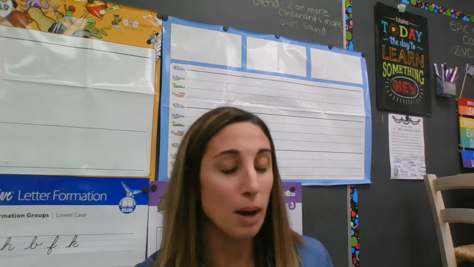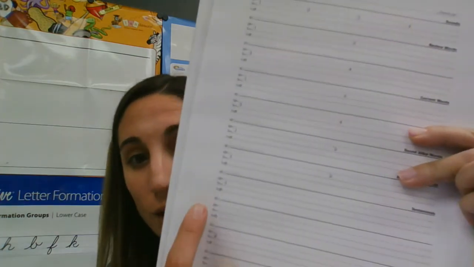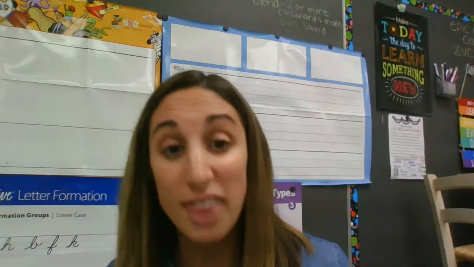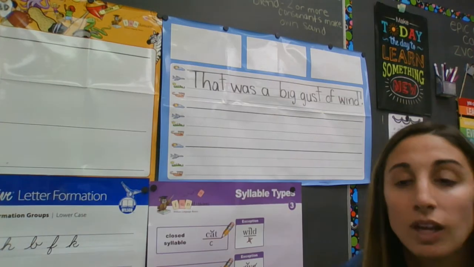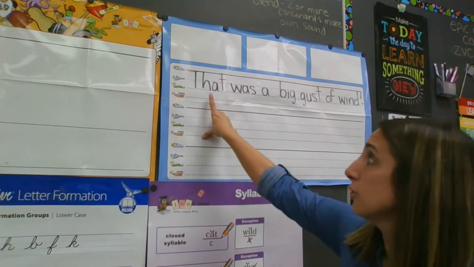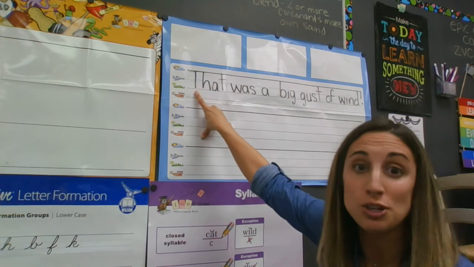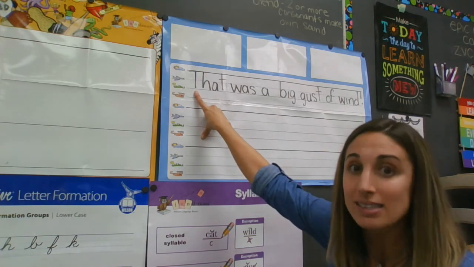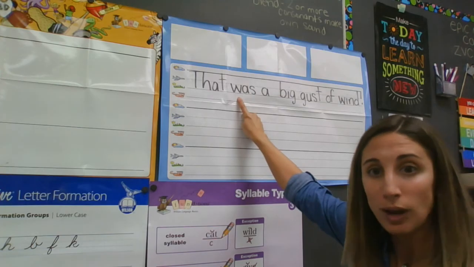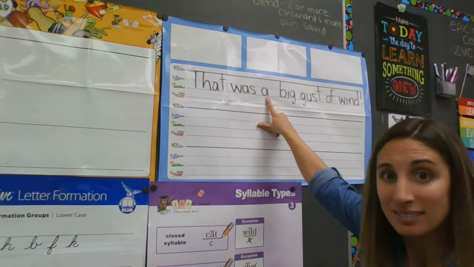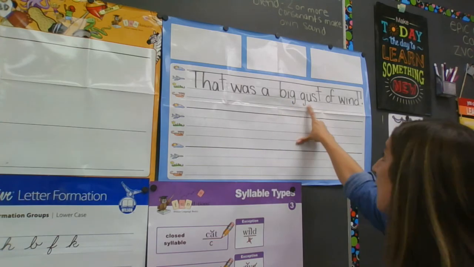So if you're in your composition book, you should be down here now where it says sentences, writing next to this number 1. That was a big gust of wind. Go ahead. Okay, here's the sentence. Let's check your first word. Touch your first word at home. That. Did you spell it right? And did you start it with a capital letter at the beginning of your sentence? Hopefully. That was, how'd you do? W-A-S. A big, check your B's and D's, gust,